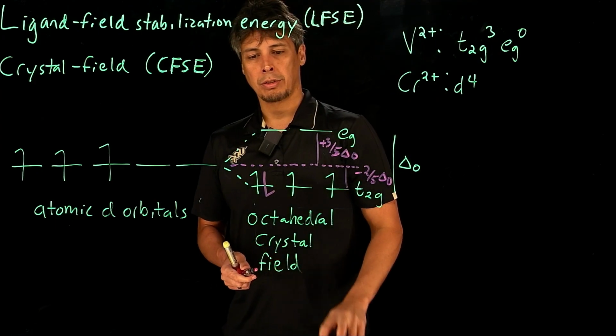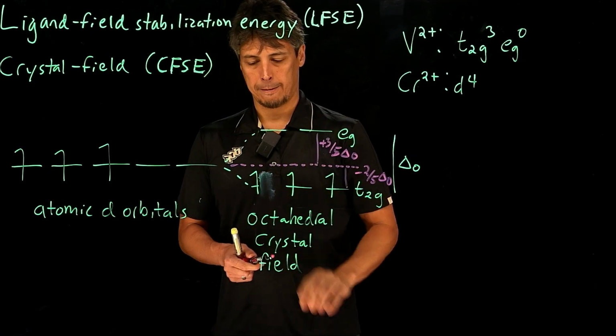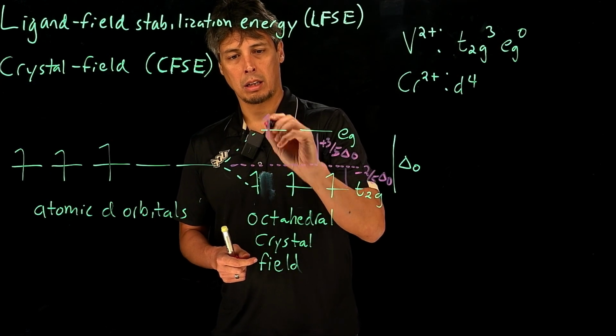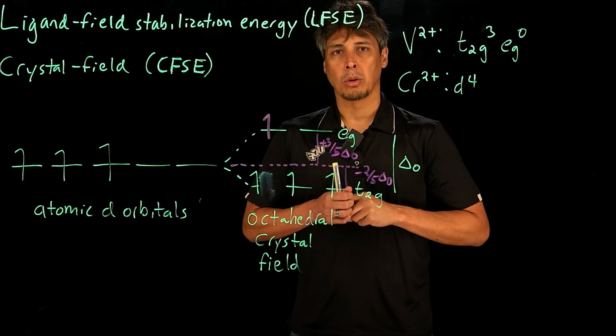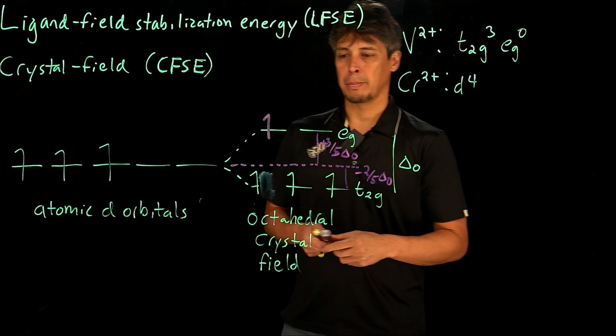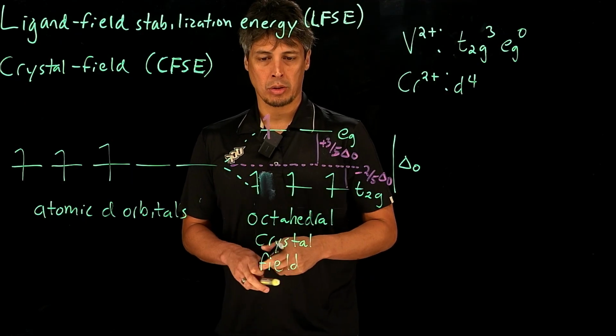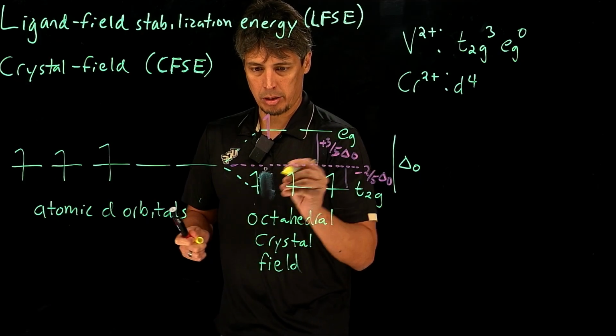The alternative is that the electron goes into its own orbital, but in the higher energy eg state. And so these two scenarios result in